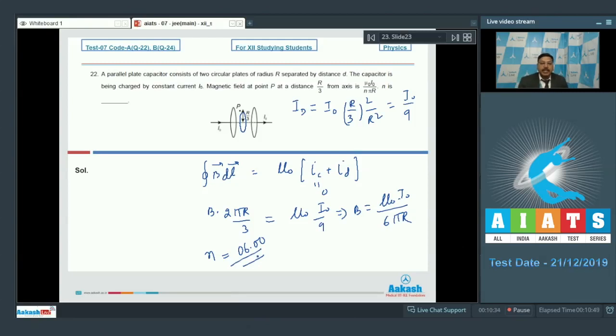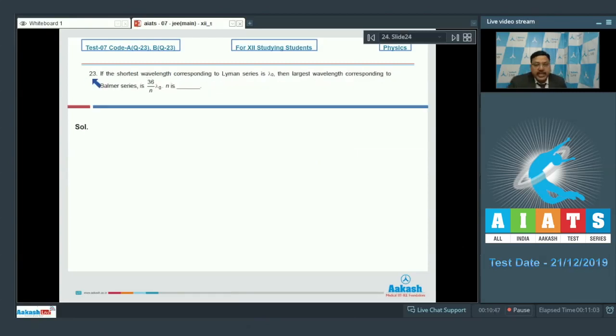Let's move on to the next question now. Question 23 says, if the shortest wavelength corresponding to Lyman series is lambda naught, then largest wavelength corresponding to Balmer series is 36 lambda naught by N. N is, well, the shortest wavelength for the Lyman series we know is for the transition n equal to infinity to n equal to 1,